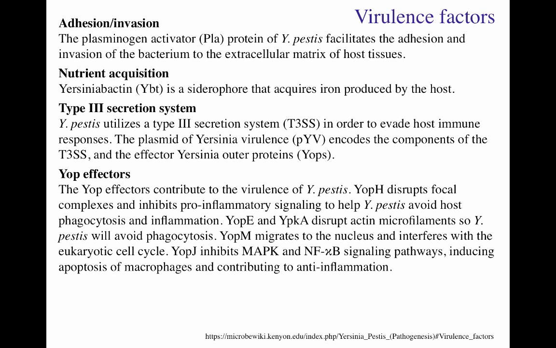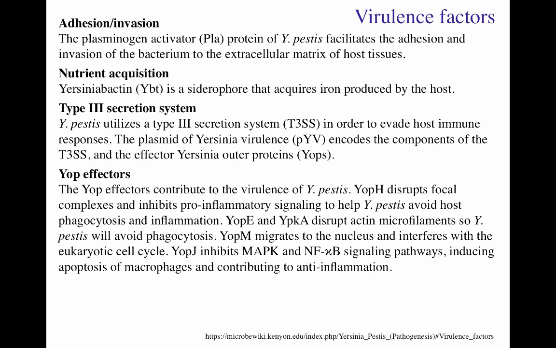Some of them are able to migrate into the nucleus and interfere with the cell cycle. Other ones are able to inhibit the MAP kinase system and the NF-kappa B signaling pathways to prevent activation of immune cells. Other ones are going to directly cause apoptosis of macrophages and neutrophils and kill them,